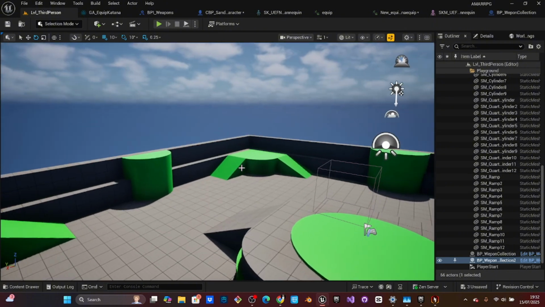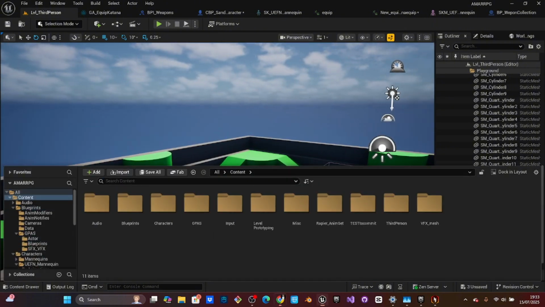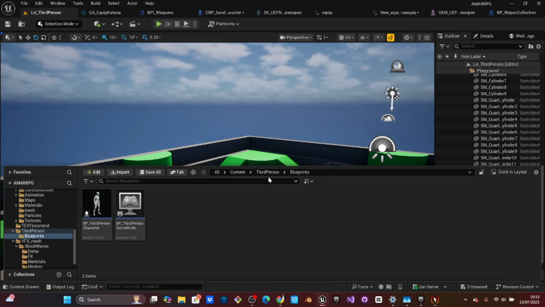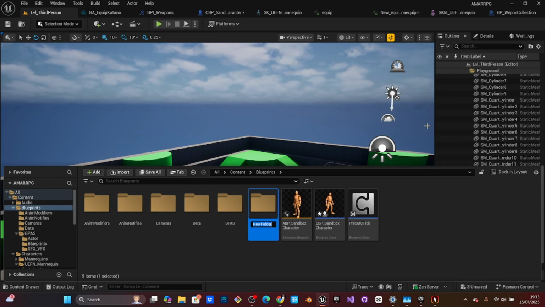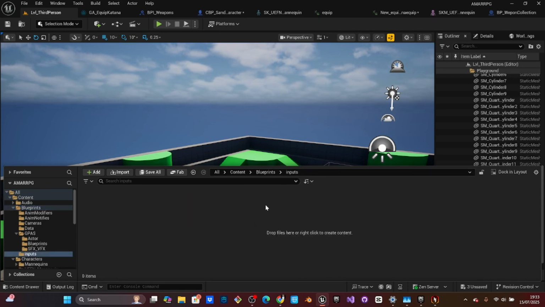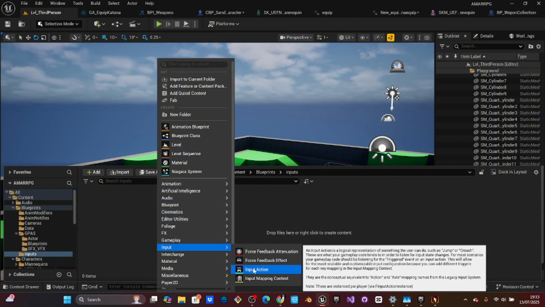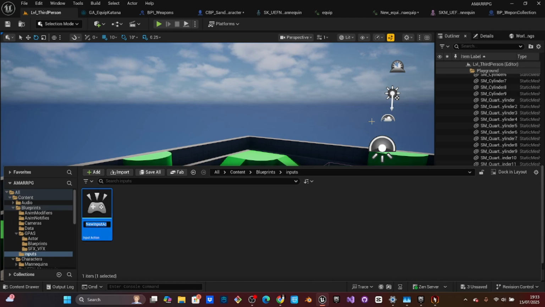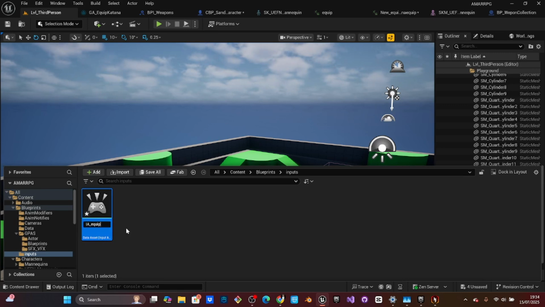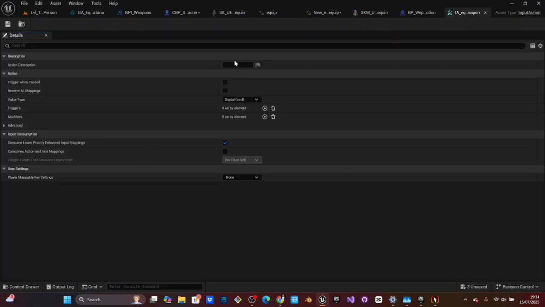Now let's create an input system, a smarter input system. In this new folder we'll create inputs. This one is going to be IA_EquipWeapon. So when we now click on this,